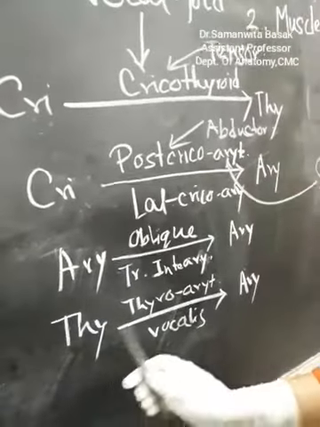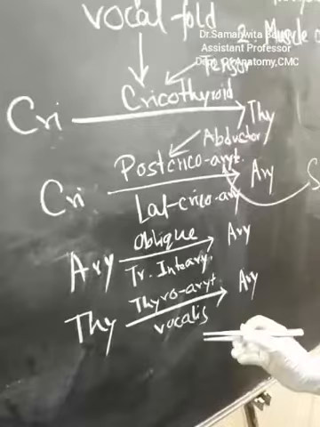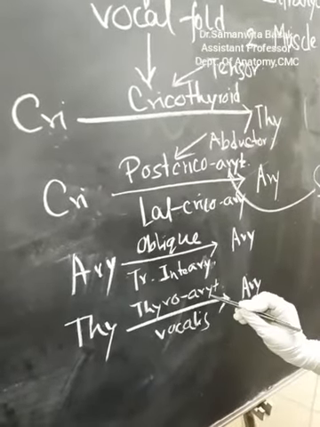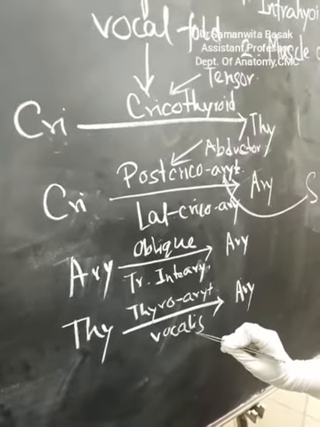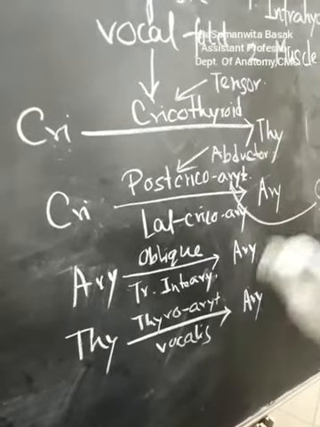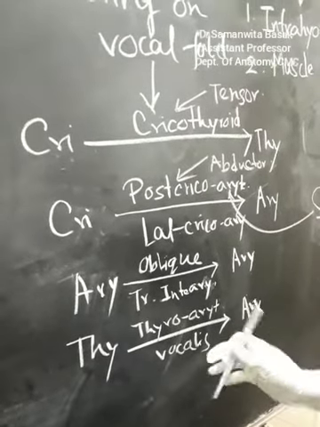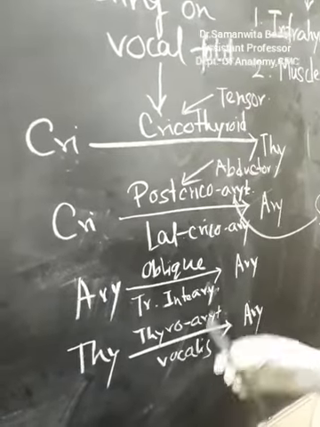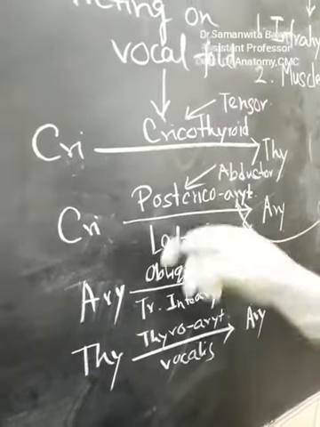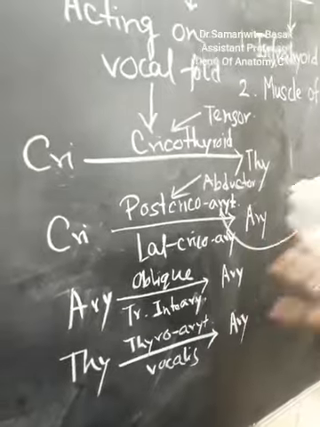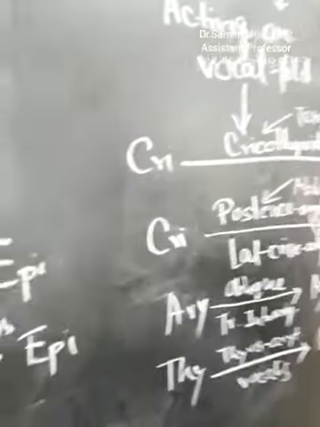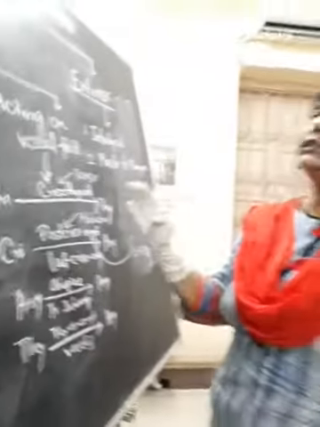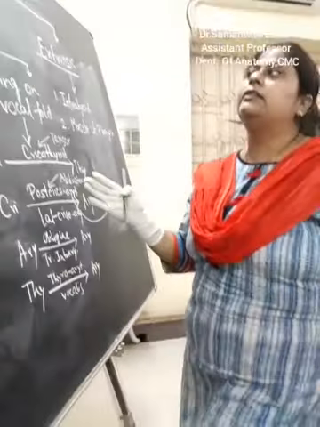And from thyroid cartilage to arytenoid, there are the thyroarytenoideus muscle and vocalis muscle, and these two muscles again act in the tensing and relaxation of the vocal folds. This is merely a very small, simple representation of the muscles, and I want to just add, what about the nerve supply of the larynx?